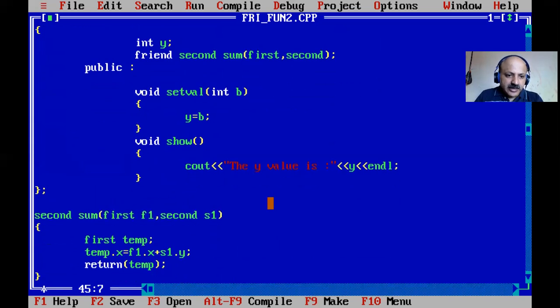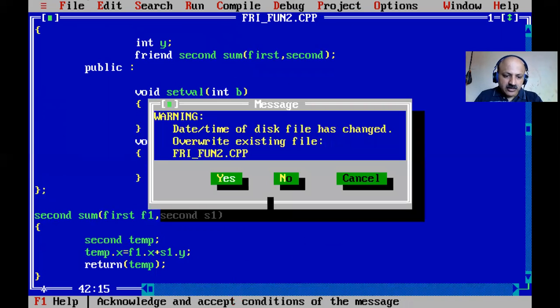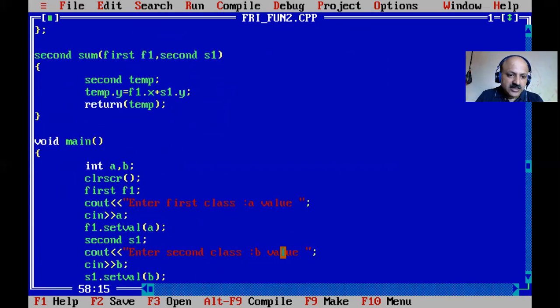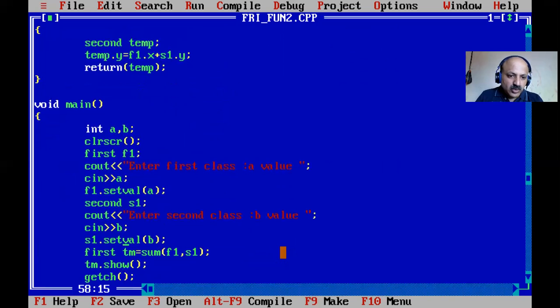Yes, and here we can define that temp is a second class, not first class. And here we cannot give X because X is not in the second, that is the first class. So here Y is required. Yes, Y, and then first class X and second class Y are summed in temp Y. Yes, let us check. And then what is required here? So now all are well, but